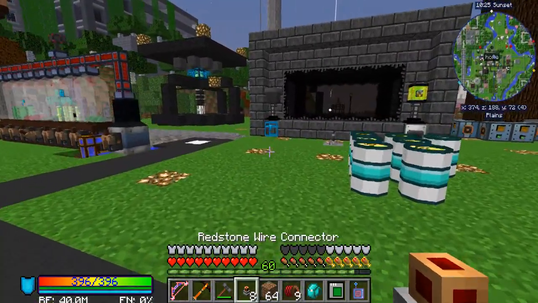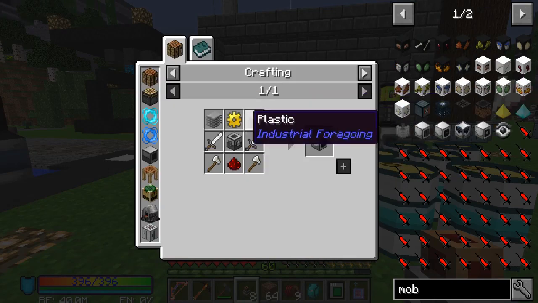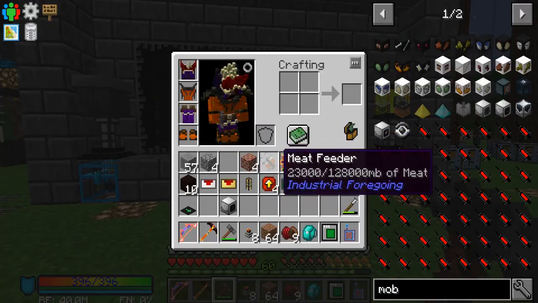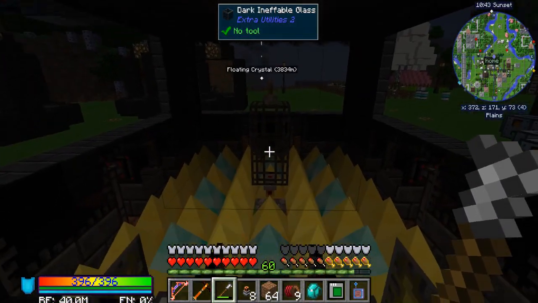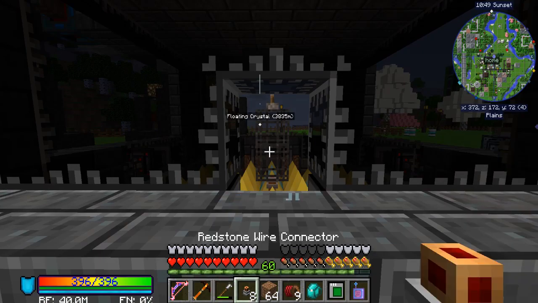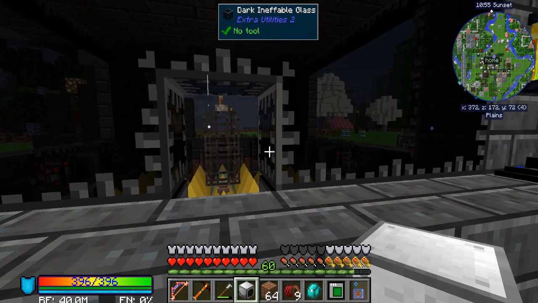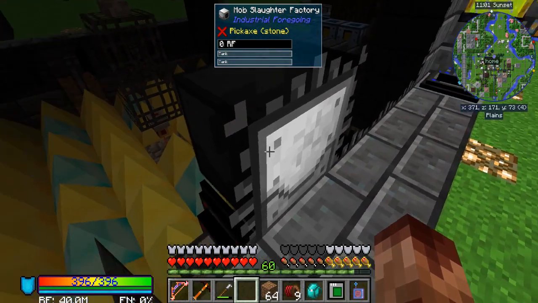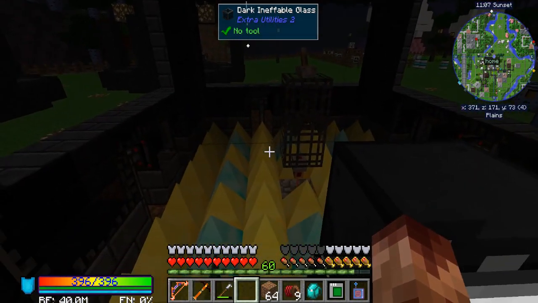Now, in order to get, which I already have a mob slaughter factory, it's not too bad to make as long as you have the plastic. This glass cutter we'll use because you're going to need something to spawn it with. And I'm going to just drop in this guy here. And I made a video on this, but however you want to spawn them, I used a